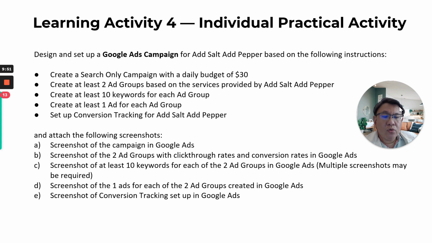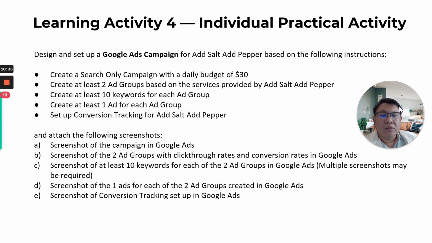So now what I'm going to do is sketch up how the campaign looks like. We need to create a search only campaign with a daily budget of $30. For the sake of the example, this campaign will contain 2 ad groups, one namely for the article writing services and another one is list with us on the marketplace, and each ad group must contain 10 keywords